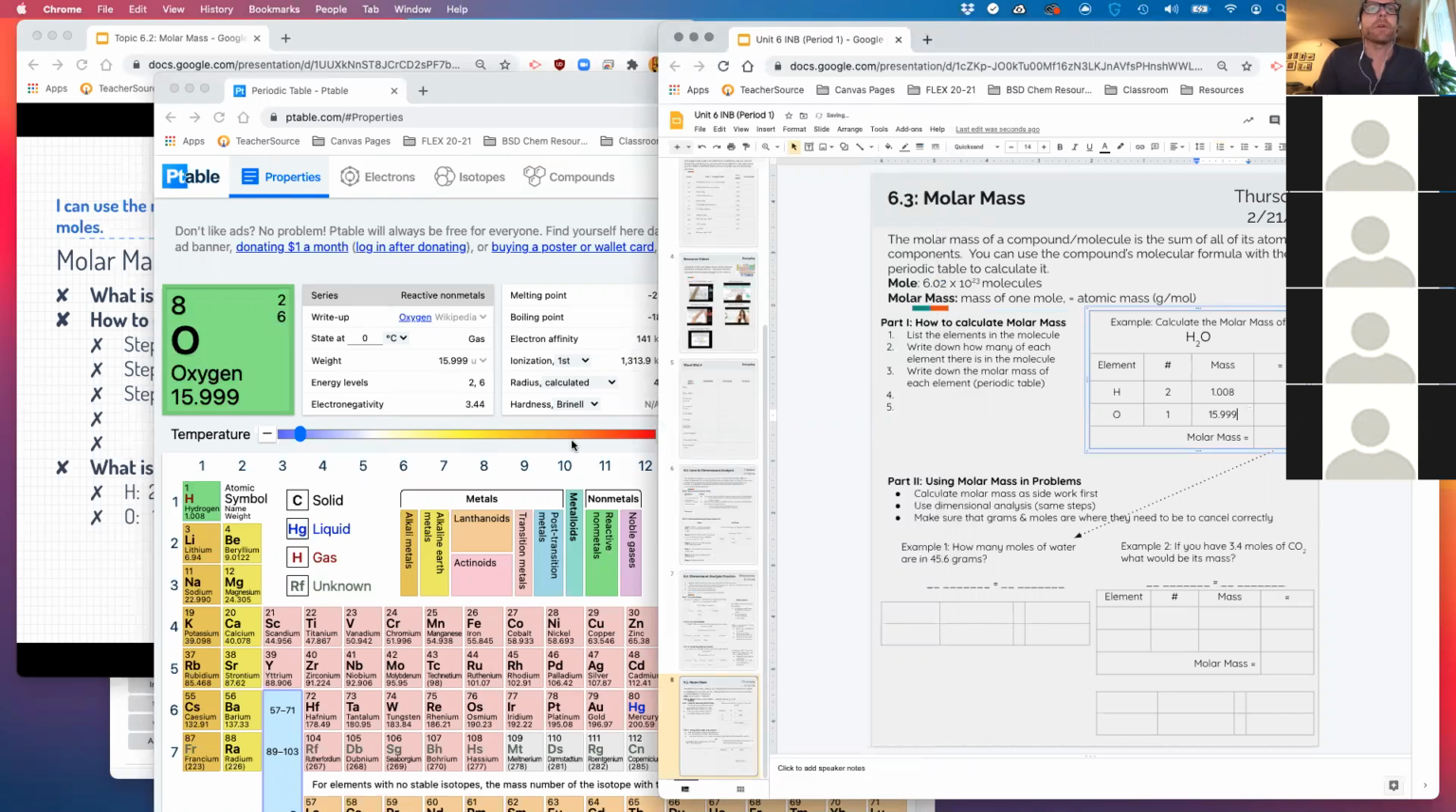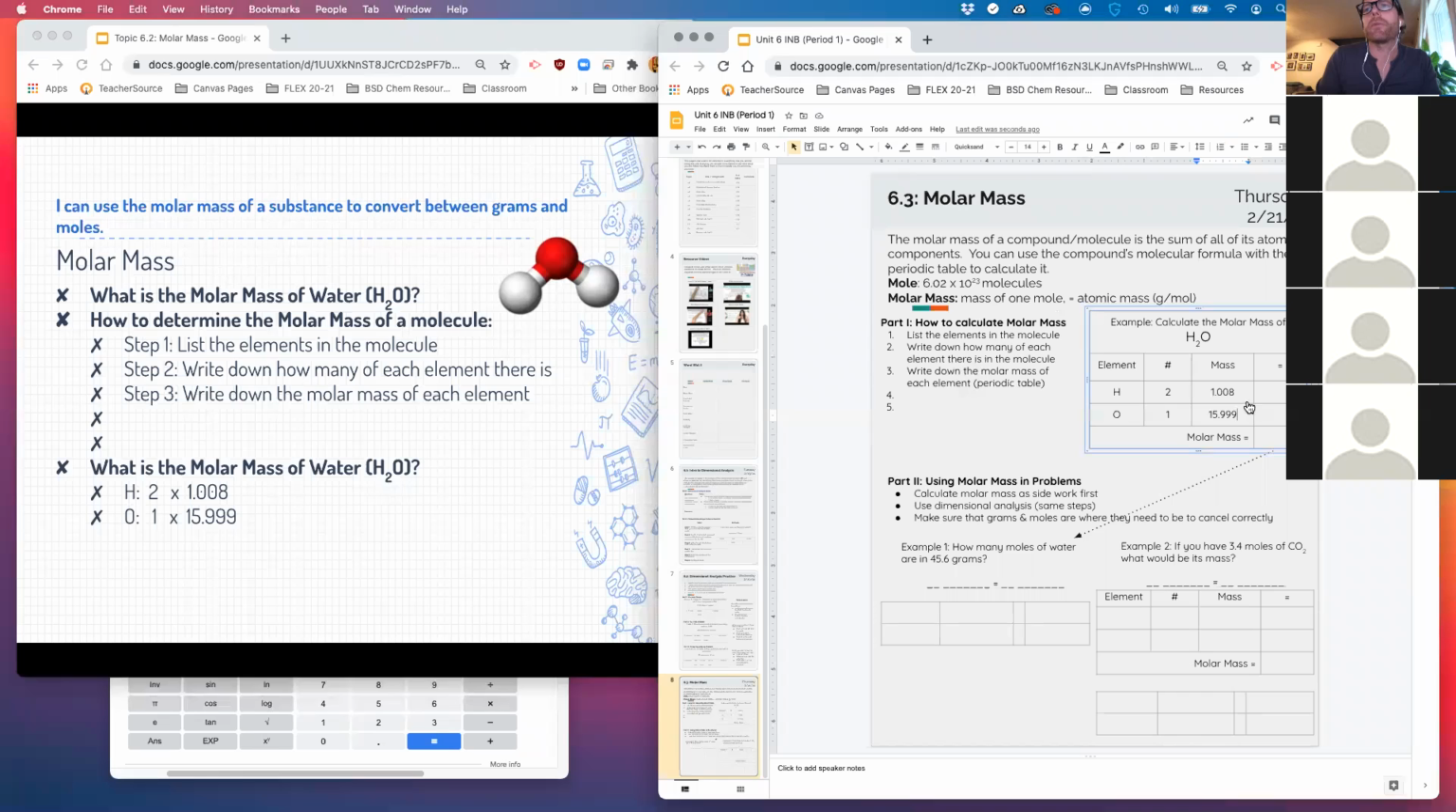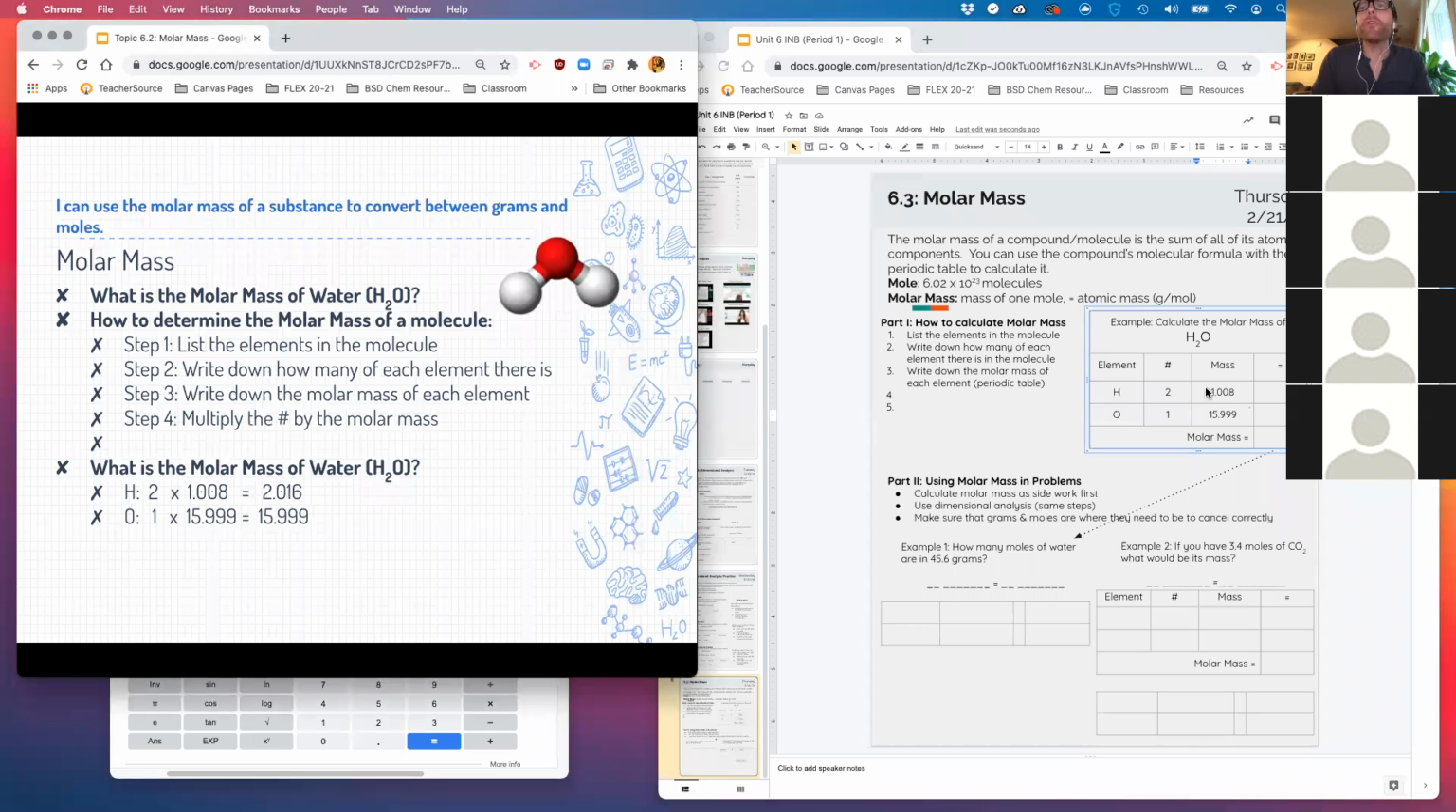15.999. Okay, that is step 3. I write down the molar mass for each one. So then step 4 is I multiply this number right here by the mass. So what I'm going to do here is I'm going to say, all right, I have